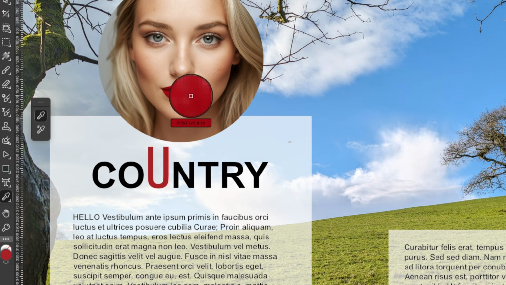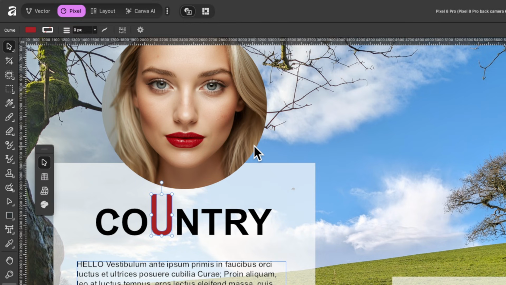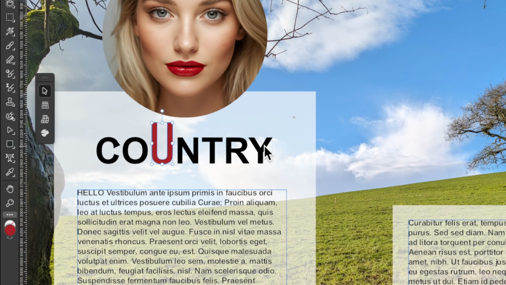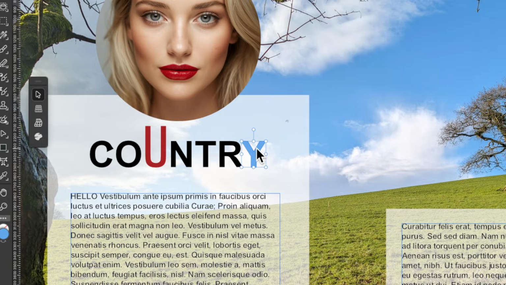Maybe I'll keep it on the red from the lipstick. I'll just switch to the move tool and show you there is another way to do this. So I'll just select the Y and go up to the color tab, and you see that there, that's your color picker tool as well. So I can click and drag and take my sample from anywhere. Let's use a blue one this time and let go, and it's automatically applied it. So two ways to do the same thing.